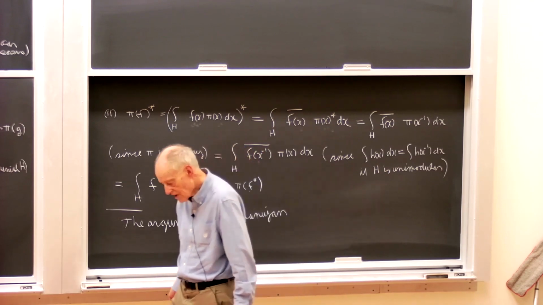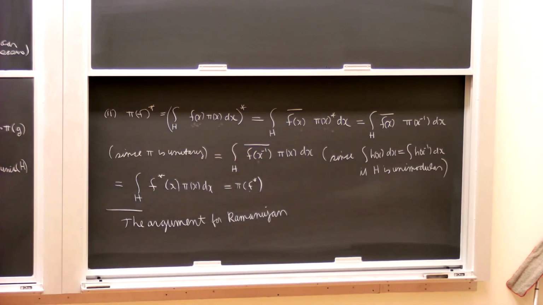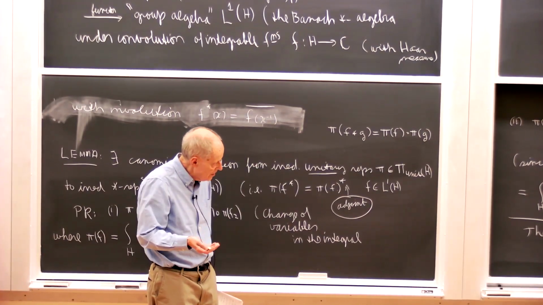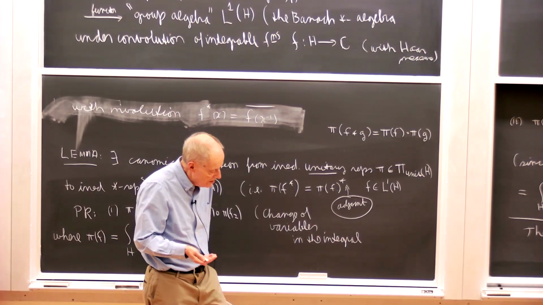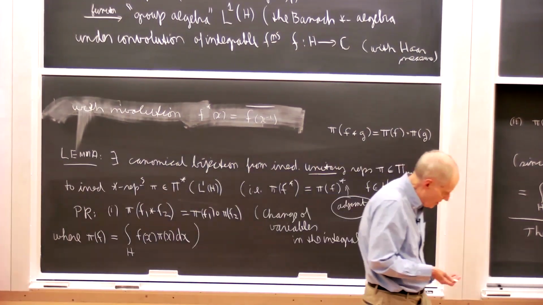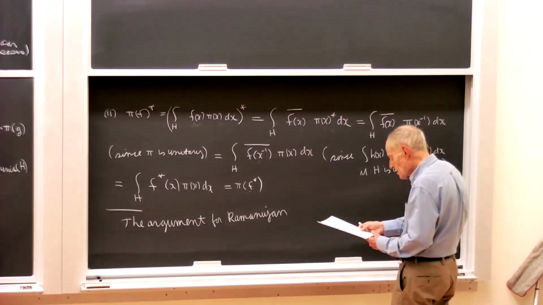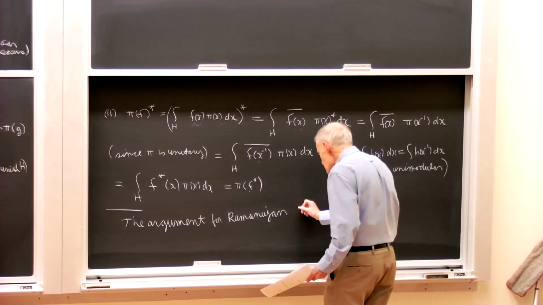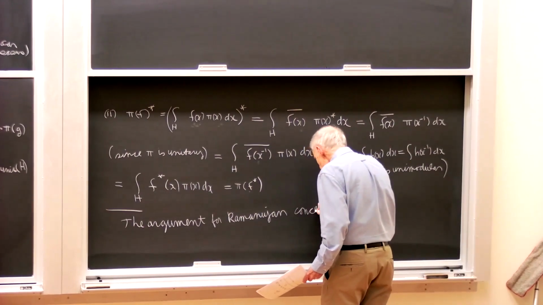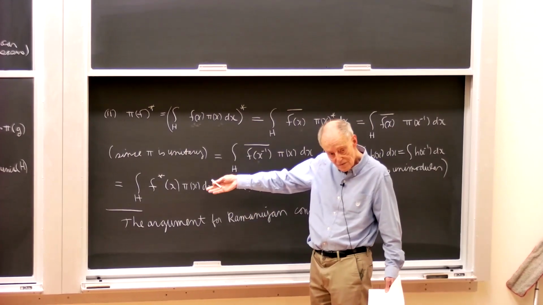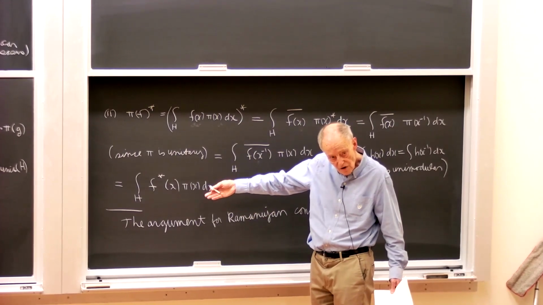And unramified, for tempered, it means that it's induced from a one-dimensional unramified character on a Borel subgroup. So the argument of Ramanujan concerns, in the case that we're following, and by the way, the notion of it being tempered for